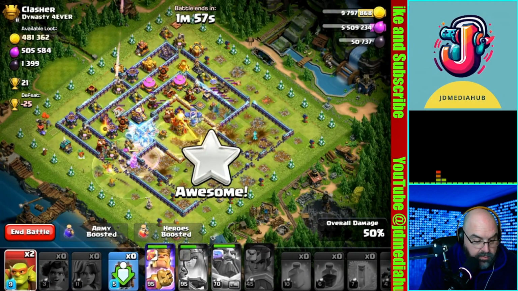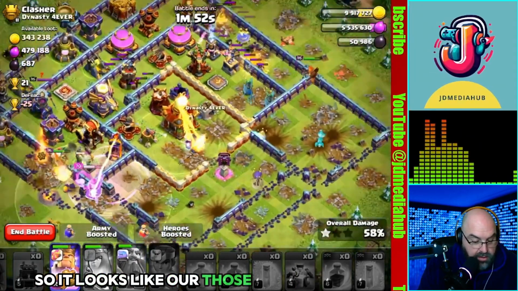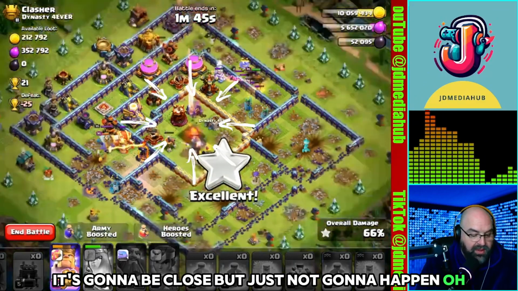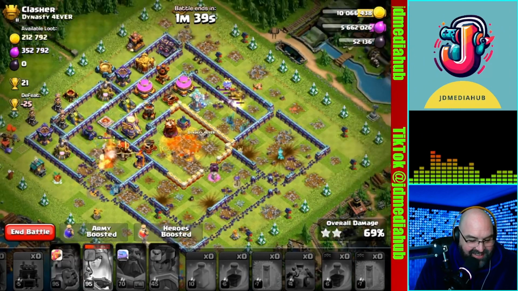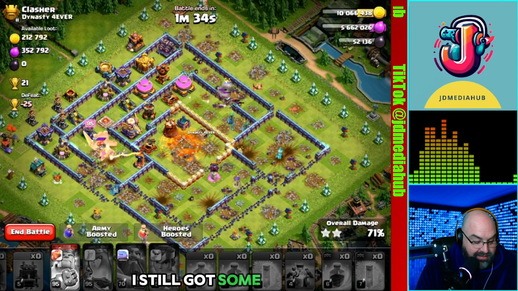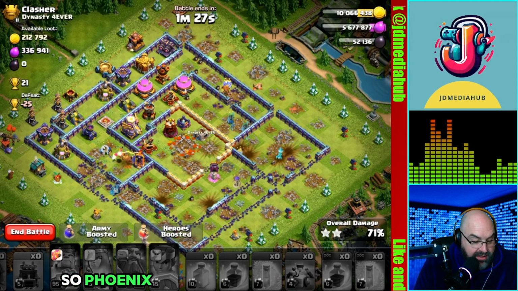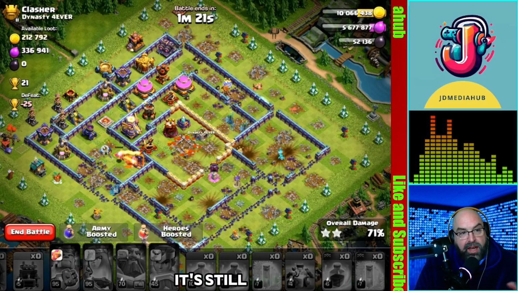So we have... So it looks like those Yetis are just not going to do anything for me over there. It's going to be close, but just not going to happen. Oh, the Yetis come through. Oh, man. So, I mean, I still got some stuff going on, but my King's going to get roasted, and I think the Phoenix is already doing some stuff there for him, too. Phoenix is trying as hard as she can, but you know, it's still...